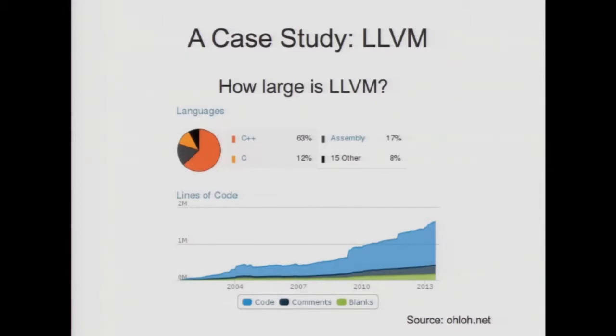So on this graph, you can see that LLVM consists of approximately 1.1 or 1.2 million lines of source code, plus several 100,000 lines of comments, and a lot of blank lines. But that's okay. And it is written mostly in C++, although there is some C and some assembly and some other. I assume other is actually mostly the regression tests, but there's also some Python scripts in the build system and other